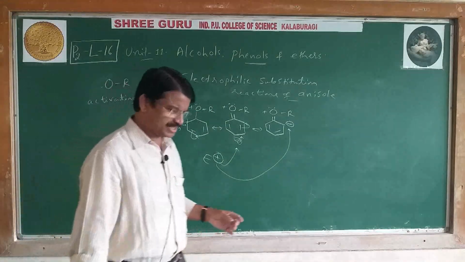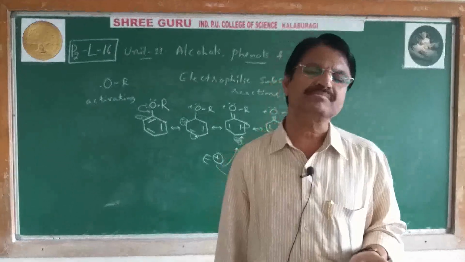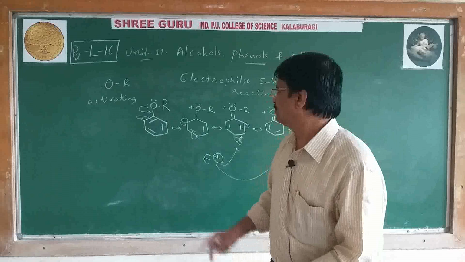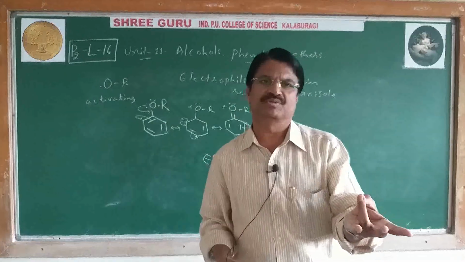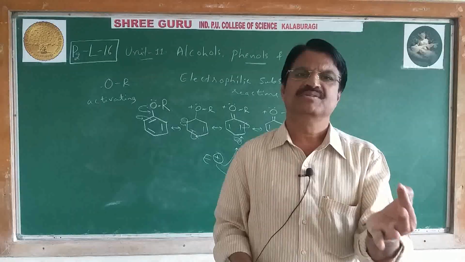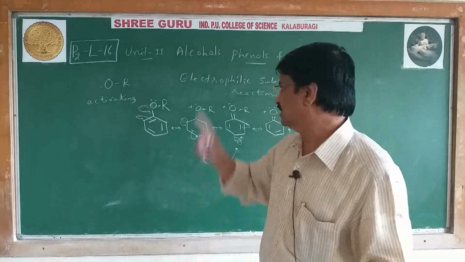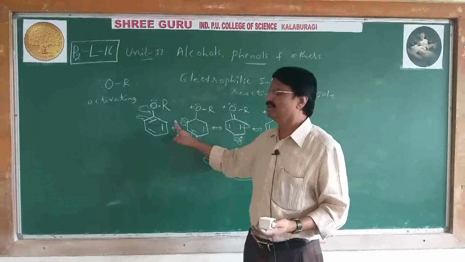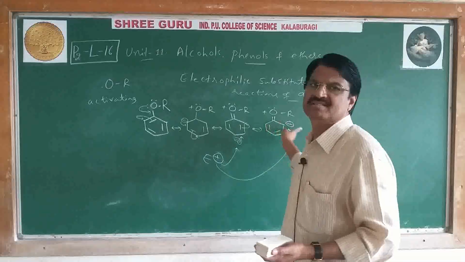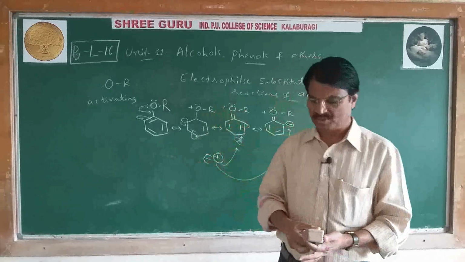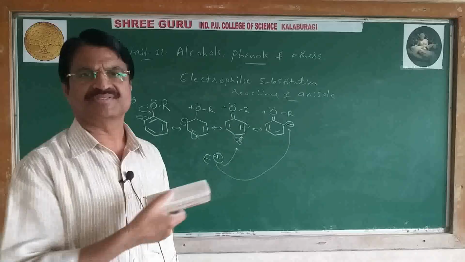We studied in the previous topic, phenol, that because of the aromatic system, the benzene ring can undergo nitration, sulfonation, halogenation and Friedel-Crafts reactions. All these reactions are similar to those of phenol. Here also we get the same ortho compound and para compound. But why are you getting ortho and para? I repeated the same thing, it is like phenol. Now we will study one by one nitration, bromination, Friedel-Crafts reaction, etc.